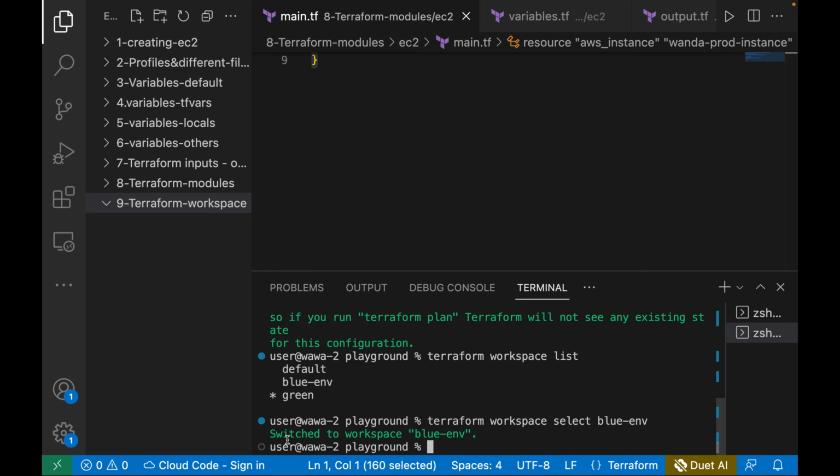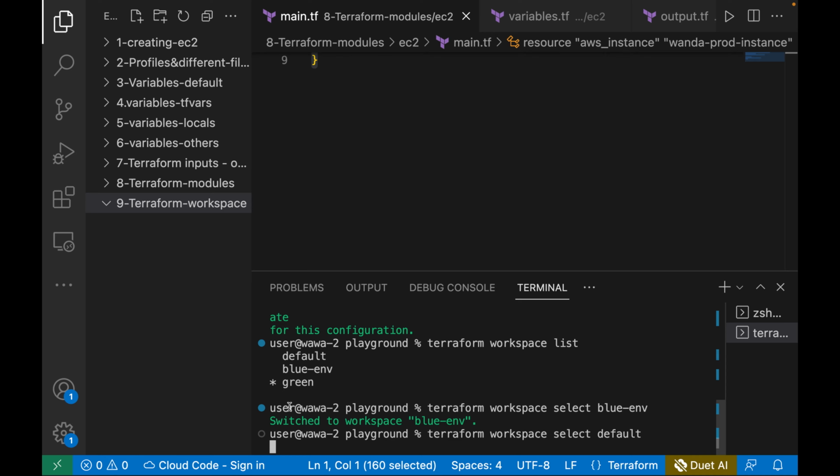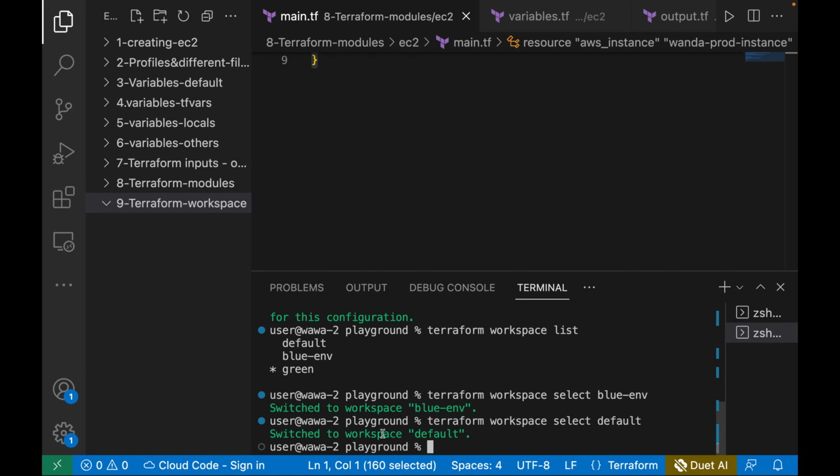So you see, switch to workspace blue environment. We can switch back to our default. We can do that using terraform workspace select, and then we do default, and this will take us back to our default workspace. Now if you want to delete a particular workspace, take for example we want to delete